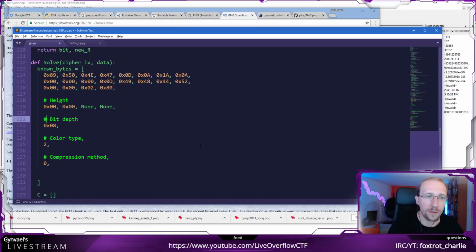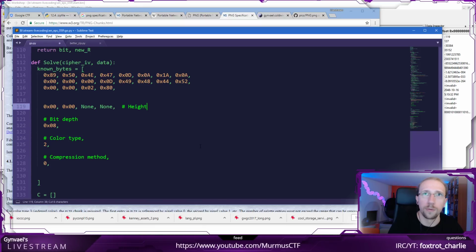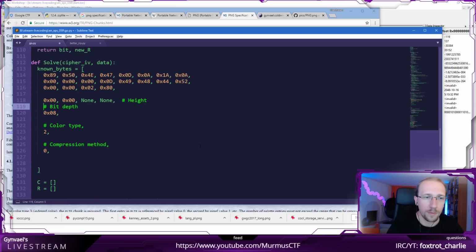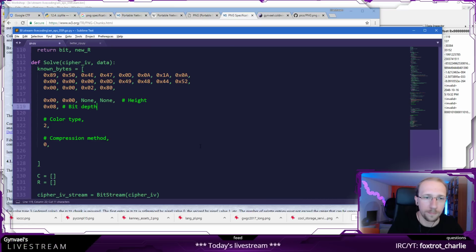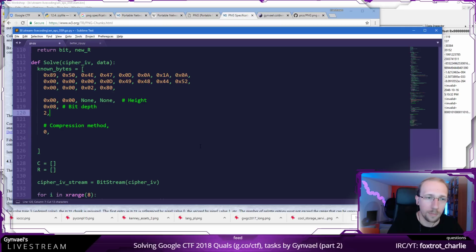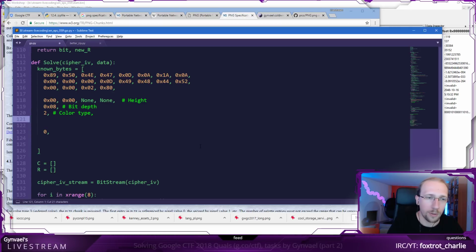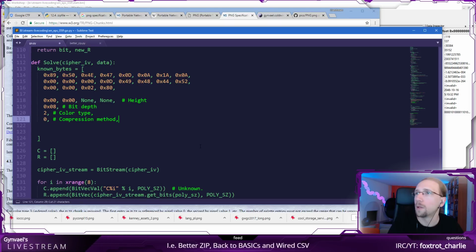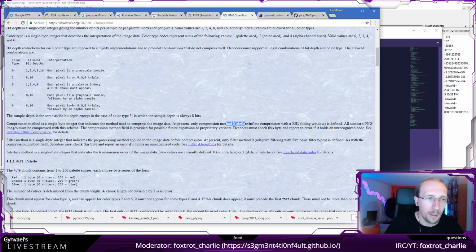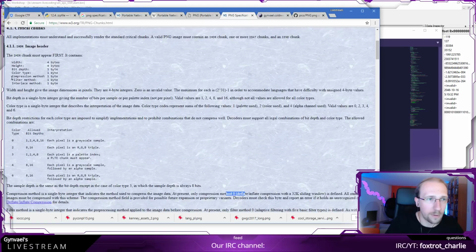You know what? This is starting to be a little more verbose. Let's do it like this. Color type. Okay, and then compression. Okay, so that's fine. Now after the compression we do have, what did we have there?